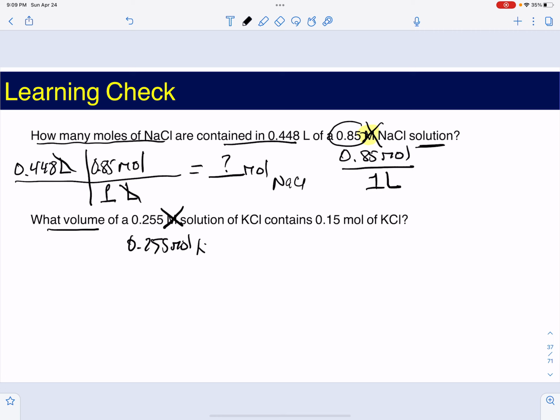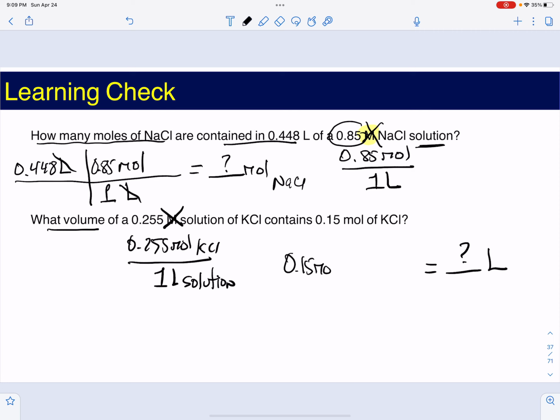Moles of KCl over 1 liter of solution. Once more, if you're given the capital M, then that means it's per 1 liter of solution. So can I find the volume? Can I find the liters? That's the question. Given